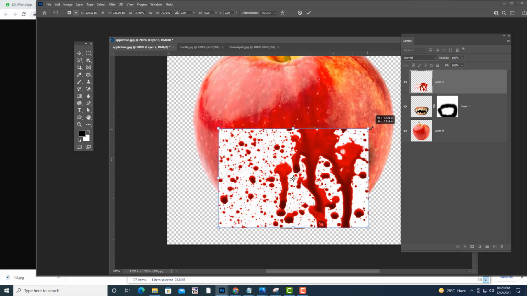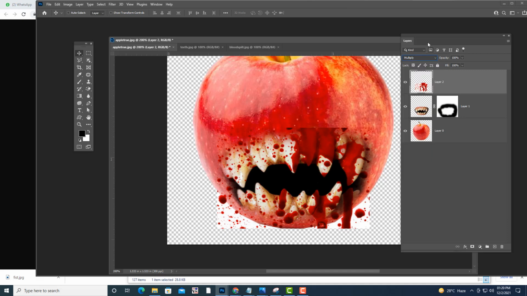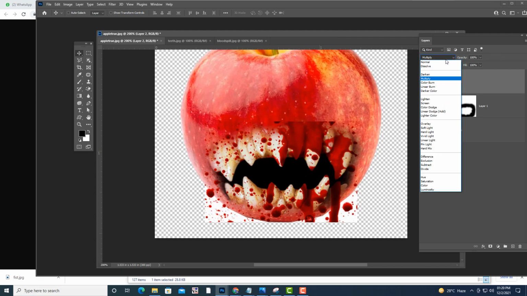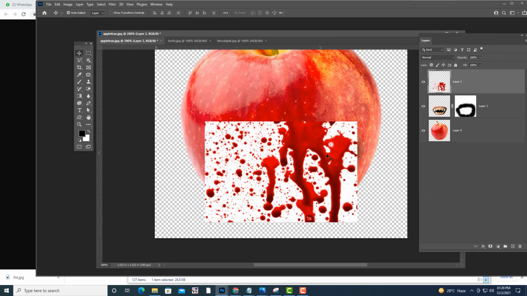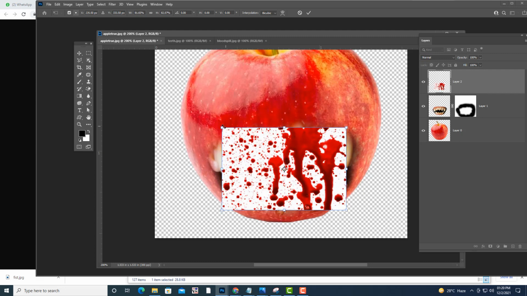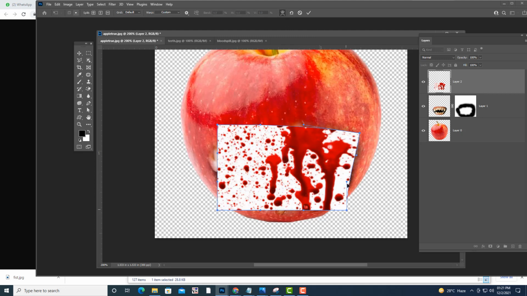Blending mode. So we will use multiply. Then we have to scale it a little. We'll also use the warp tool to adjust it properly.